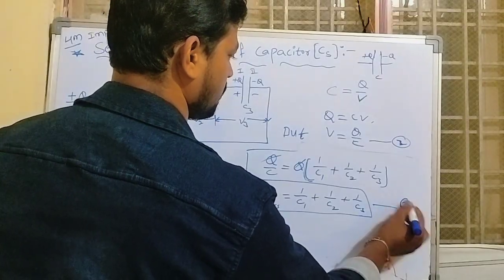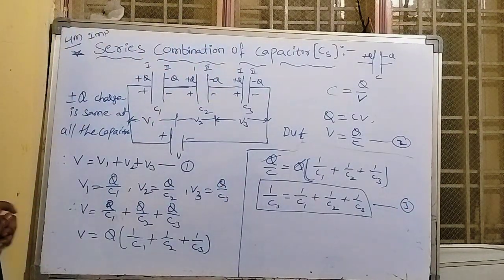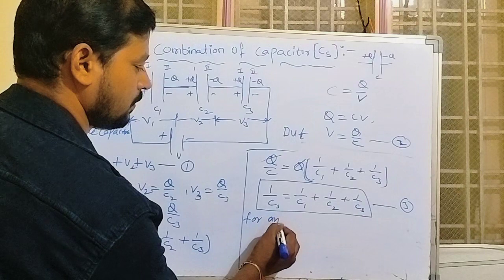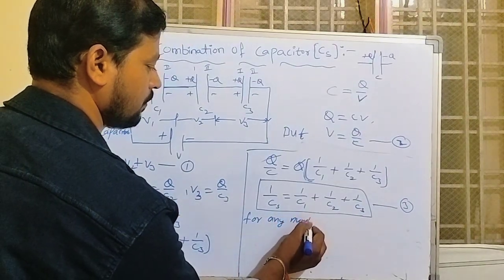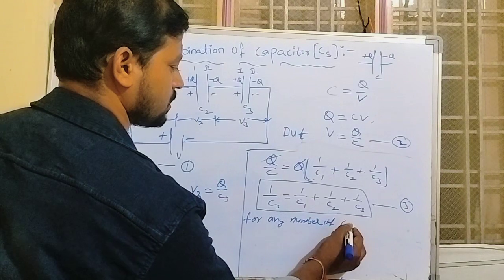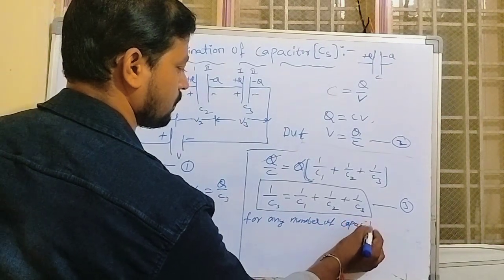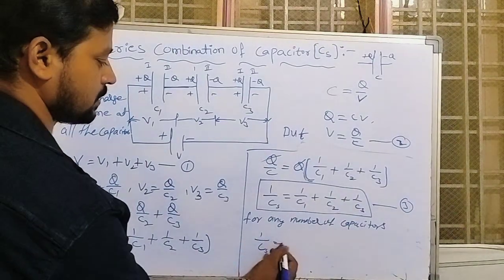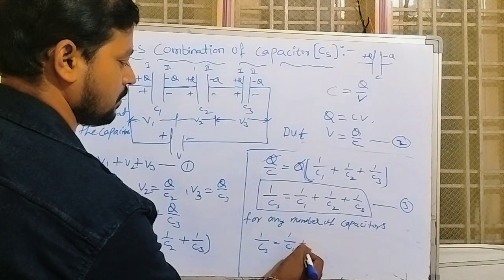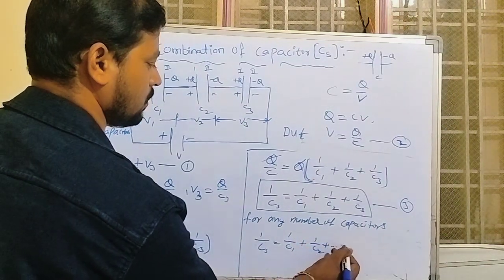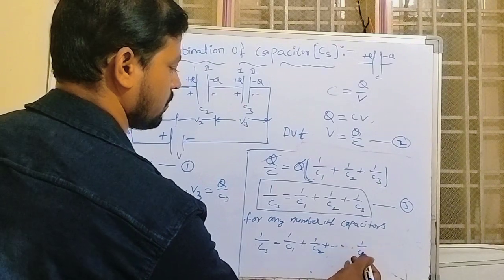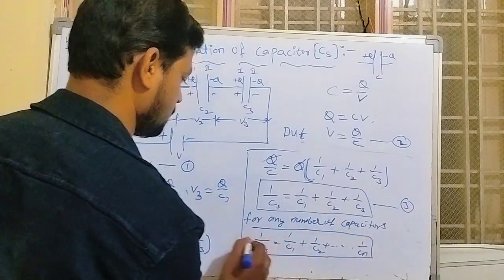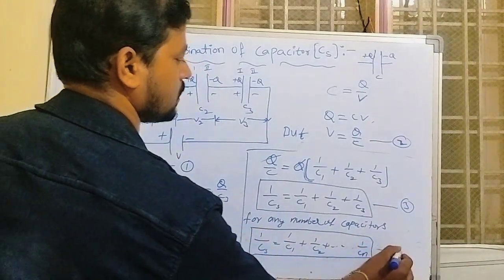We consider this equation number 3. For any number of capacitors, we can write the formula: 1 by Cs is equal to 1 by C1 plus 1 by C2 plus, and so on up to, 1 by Cn. This is the equation number